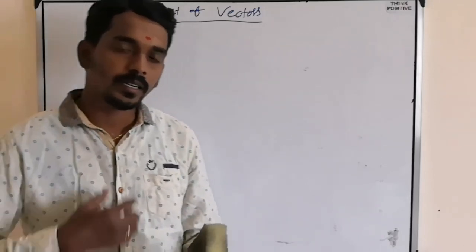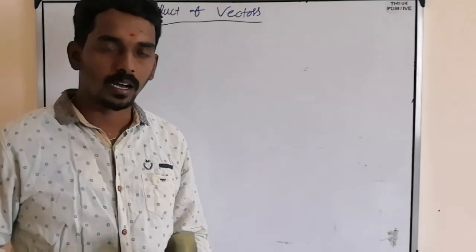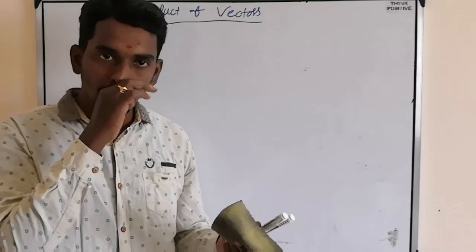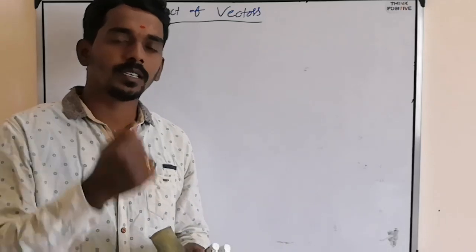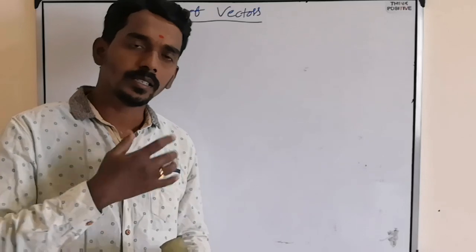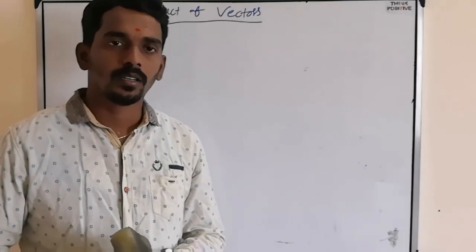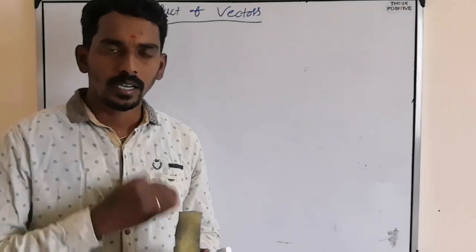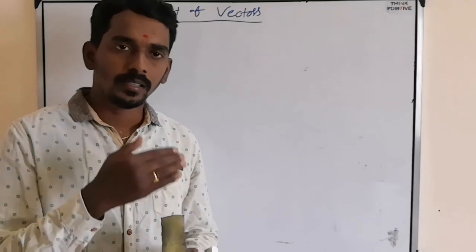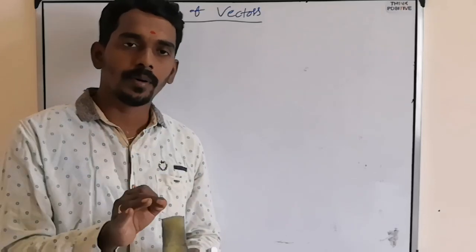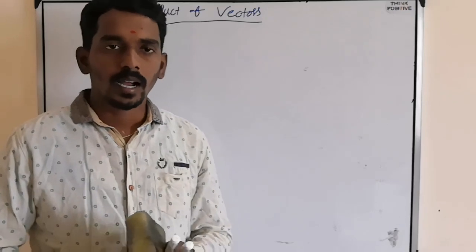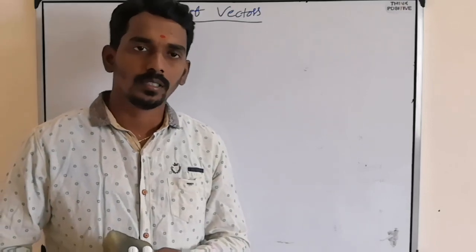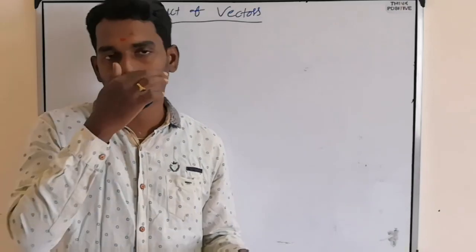Last class we started studying the product, or multiplication, of vectors. We just saw the multiplication of a vector with a scalar, which results in a vector that must be parallel to the initial vector. Like if a bar is multiplied with a number, then you will get b bar, but b bar and a bar are always parallel. Then we studied that there are two types of vector product: scalar product and vector product.